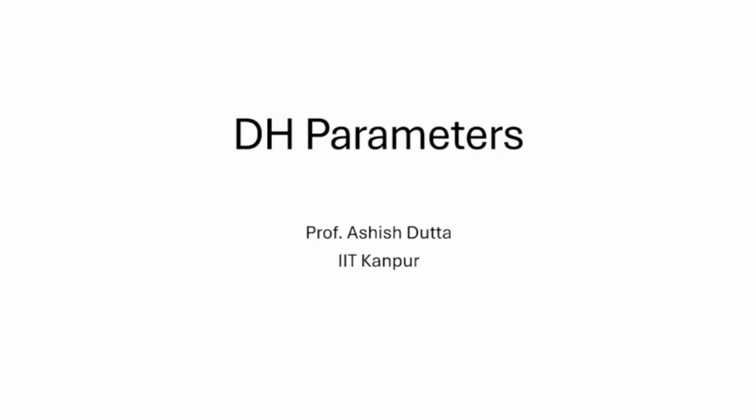Today I will very quickly go into the DH parameters again, explain this very quickly, and then we'll see some examples of how to assign DH parameter tables for different manipulator systems. With the DH parameter table, we can very quickly make the transformation matrices from one axis to another, and when we multiply them out, we can get the final position and orientation of the end effector with respect to the base frame. So we'll quickly revise how to assign axes or frames to a manipulator system at every joint, and then how to make the DH parameter table.